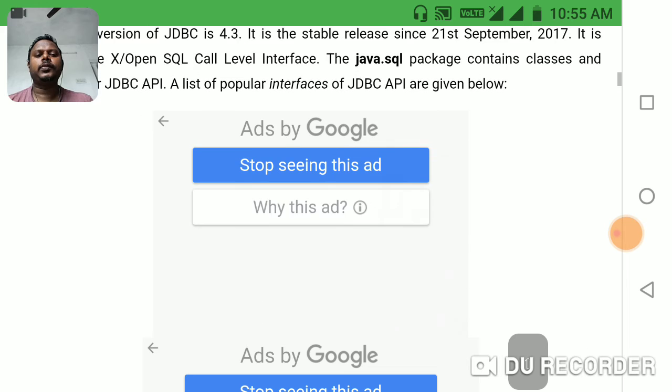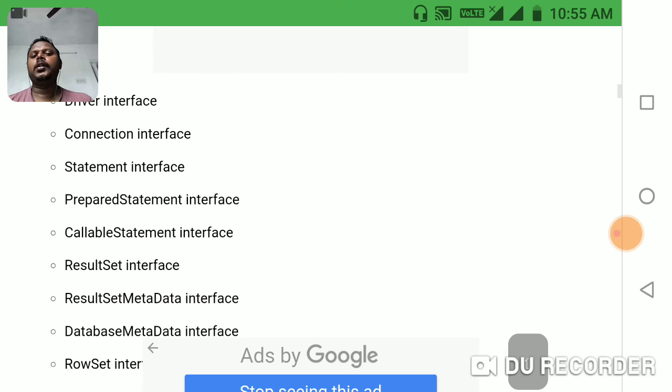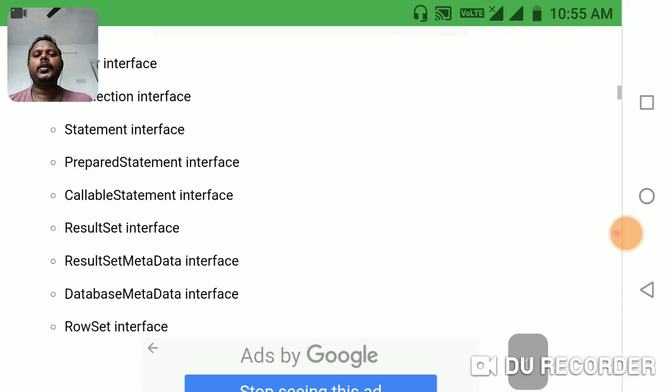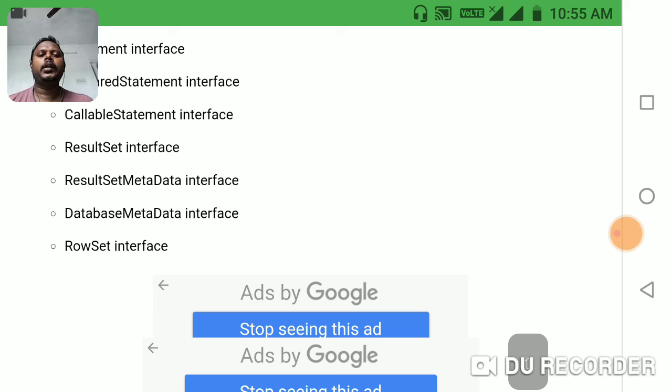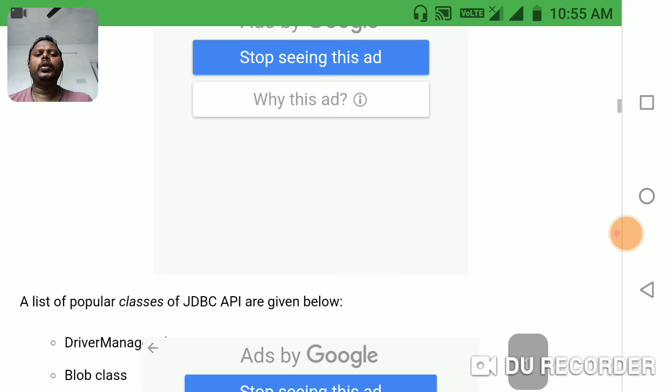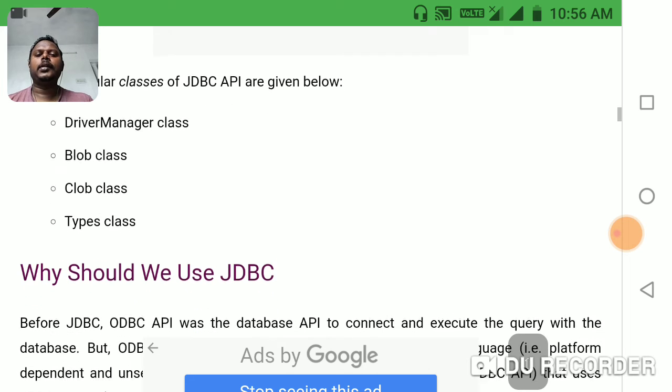Popular interfaces are as follows: Driver interface, Connection interface, Statement interface, PreparedStatement interface, CallableStatement interface, ResultSet interface, ResultSetMetaData interface, DatabaseMetaData interface, and RowSet interface. These are a few interfaces which are given, and a popular list of classes of the JDBC API is also given: the DriverManager class, Blob class, Clob class, and Types class.